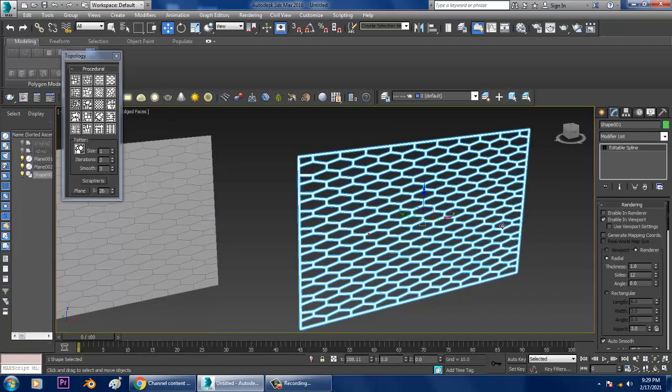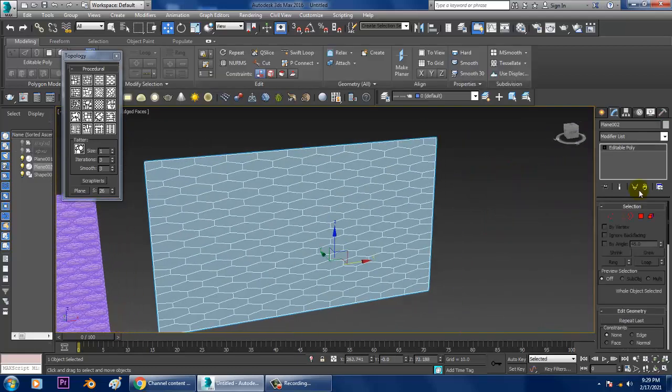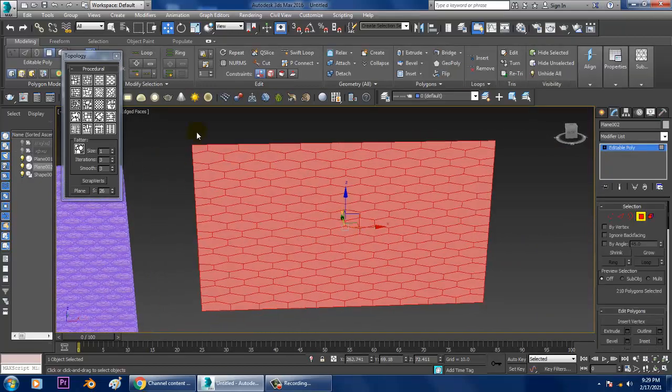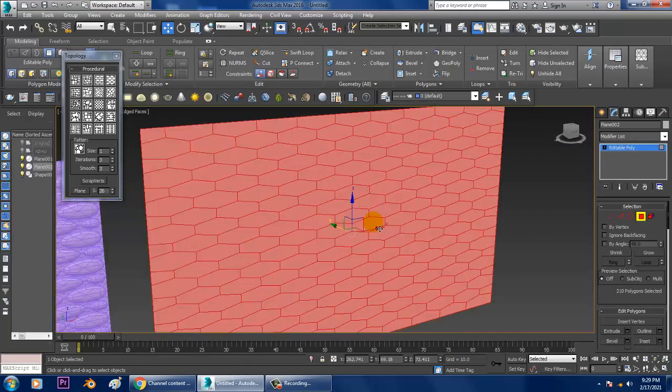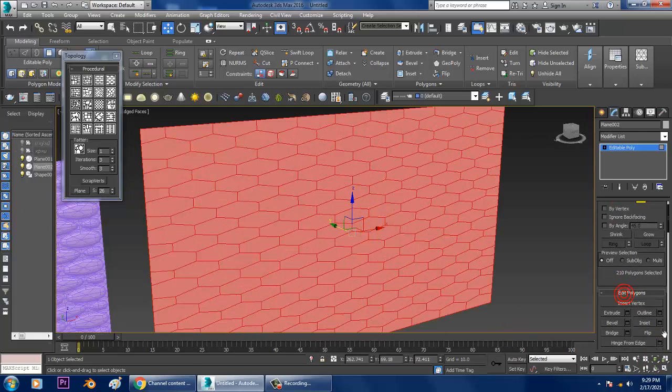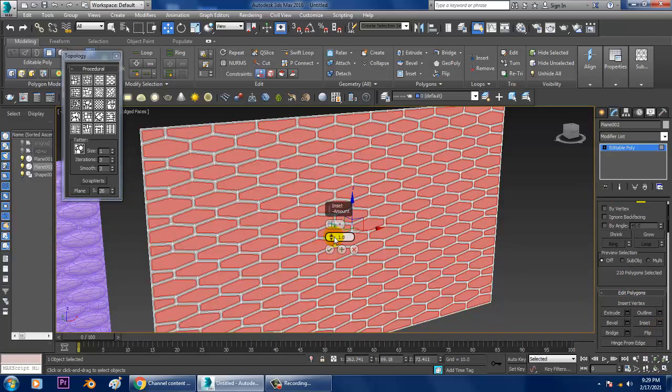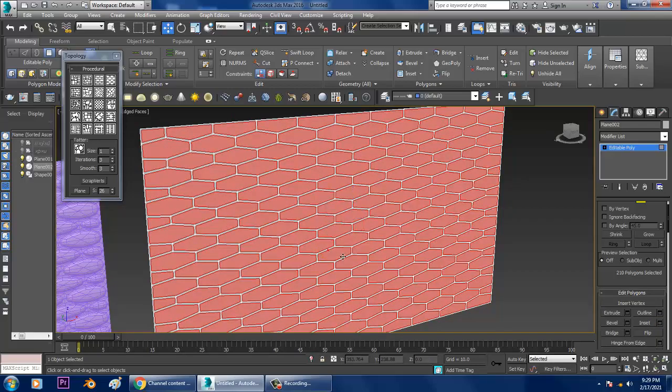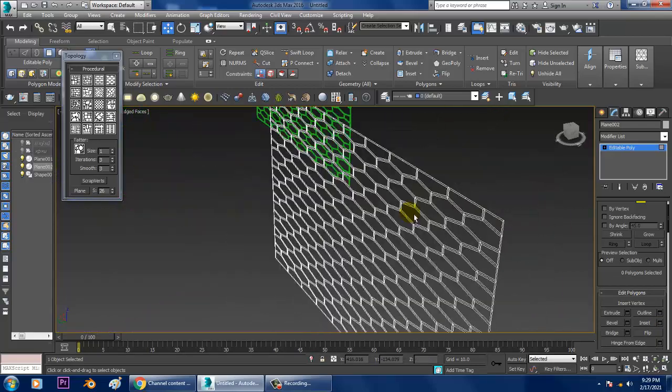Using this topology, again select this, let's select its polygons, give a bit of inset and just delete it, so that also can be used.